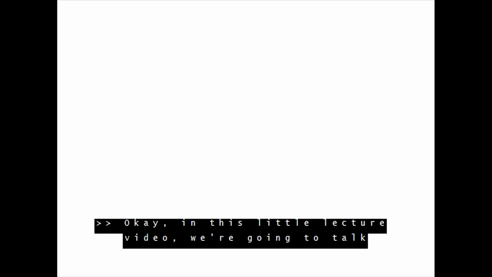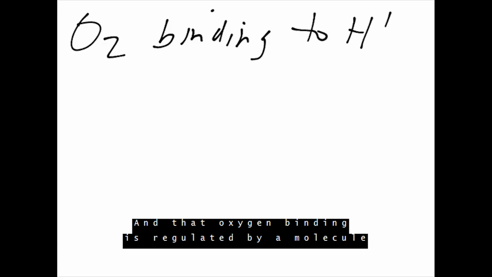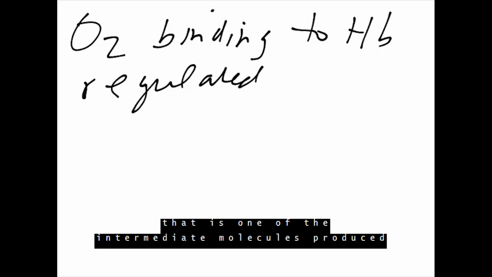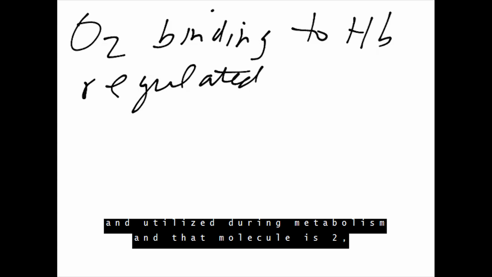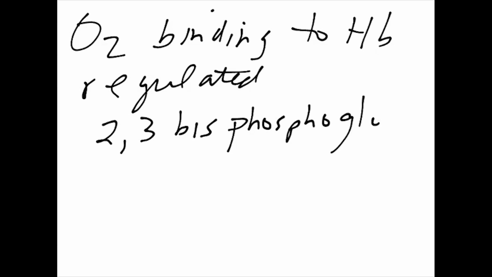Okay, in this little lecture video, we're going to talk about the regulation of oxygen binding to hemoglobin. And that oxygen binding is regulated by a molecule that is one of the intermediate molecules produced and utilized during metabolism. And that molecule is 2,3-bisphosphoglycerate,